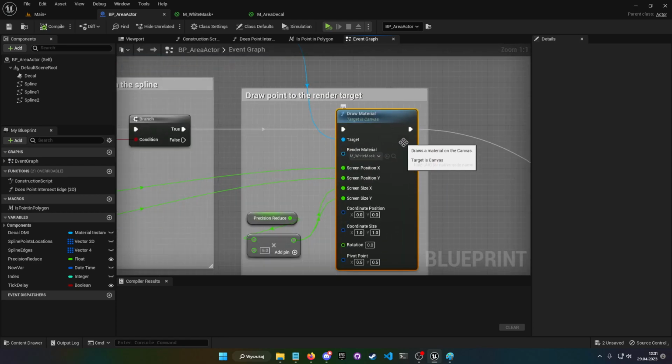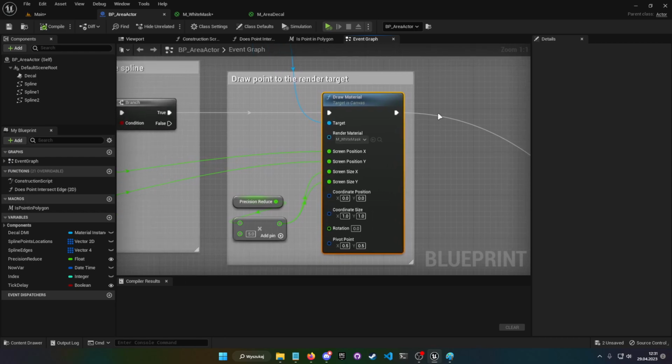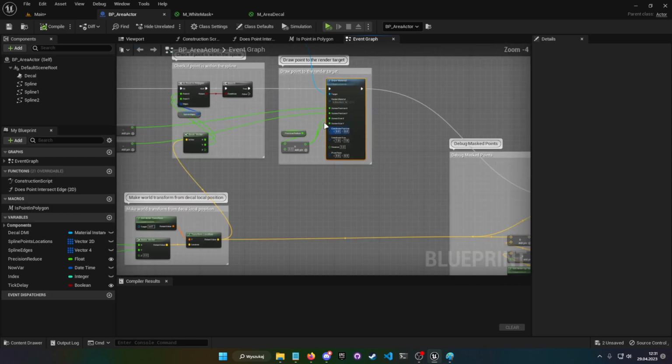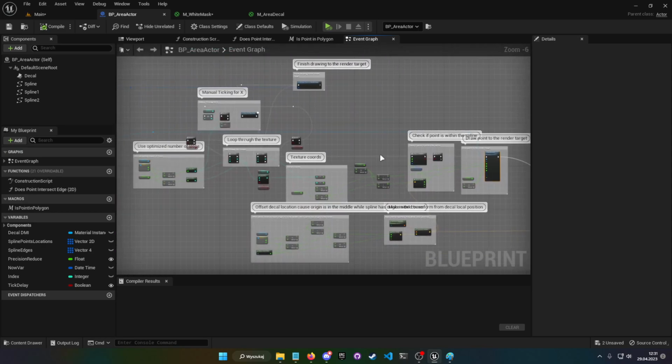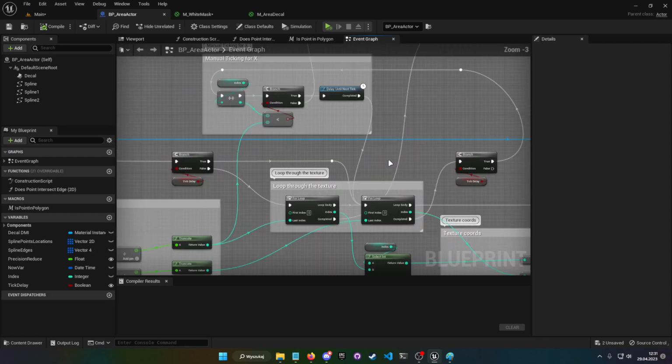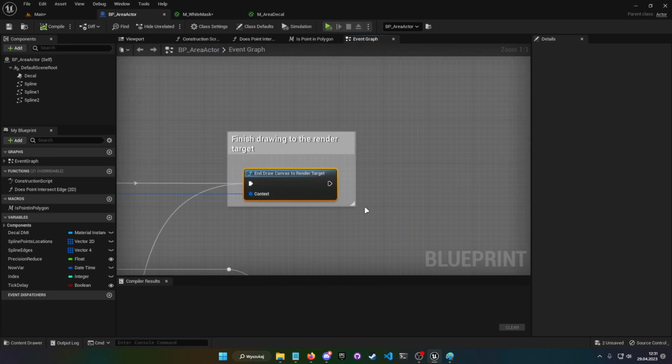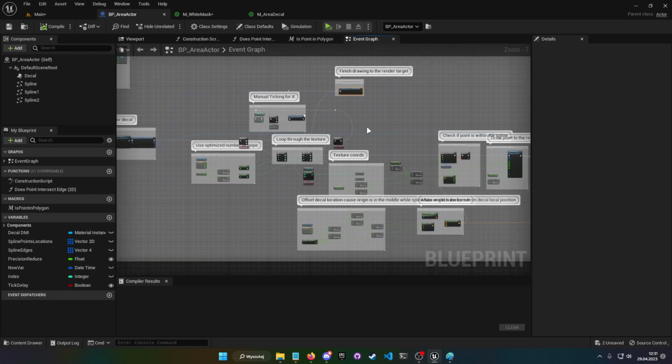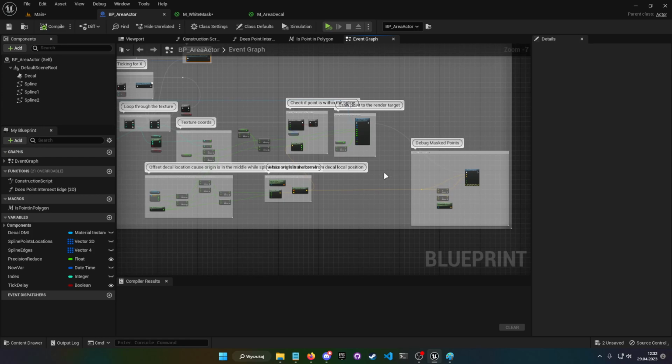We draw a white mask to that canvas. And of course it can be a different material, you can use it in a different way, but in this case we are using the mask to just mark areas visible. And then when we are done drawing materials to that canvas, we just call end draw canvas to render target, and it will display the drawn points. And